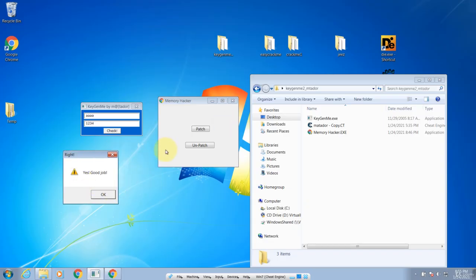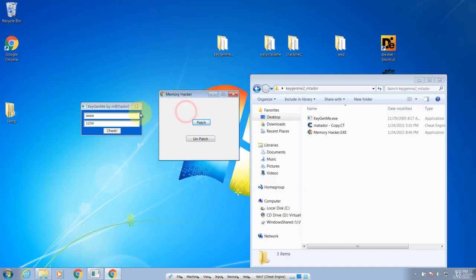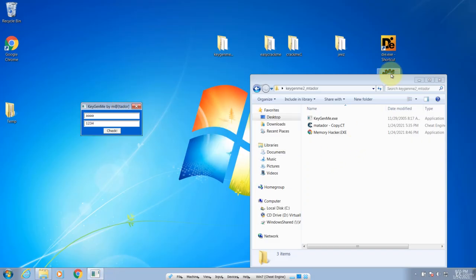So this is what it's doing. So I'll show you now how to do this. And this is a memory hacker, a process hacker. It doesn't patch the file, it patches the memory. So let's get started. First you open your Cheat Engine,